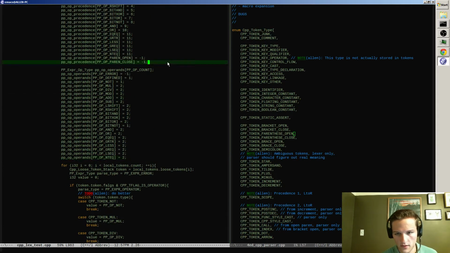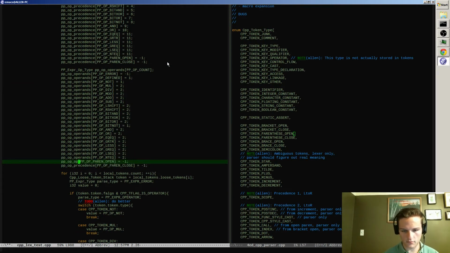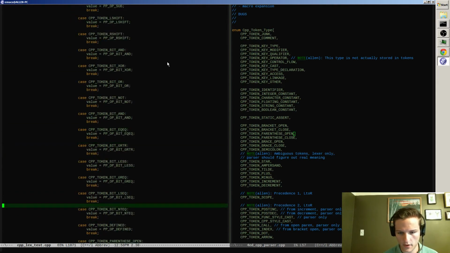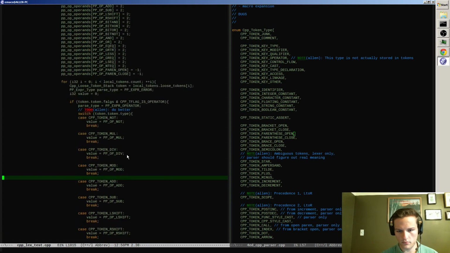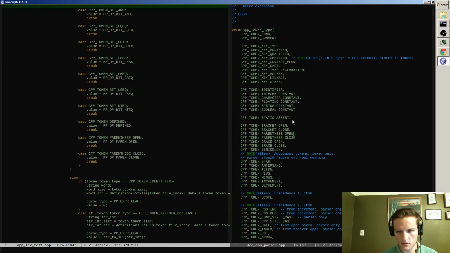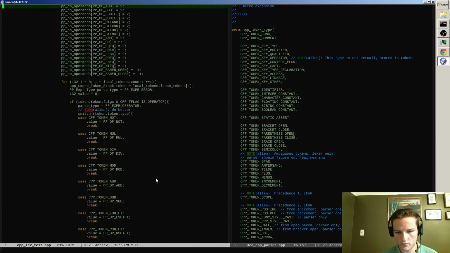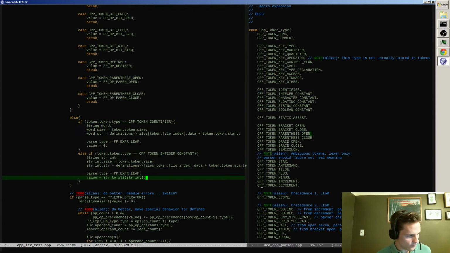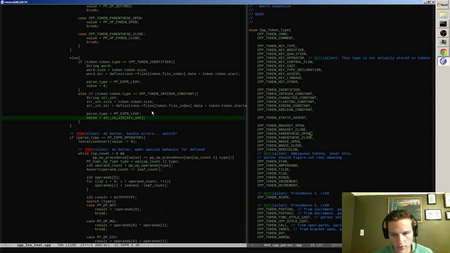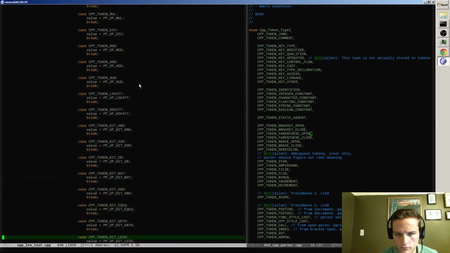And the number of operands is also -1 because it's not a thing that makes sense. Parentheses. See, it's a little bit of a hack to treat them as operators, but I don't know. It works out better for me. I should really find a way to get rid of that. I mean, I wish I could do the same sort of array thing I'm doing up here, but there's a lot more token types. Which isn't necessarily even a problem, but I don't know. Which reminds me, this up here,